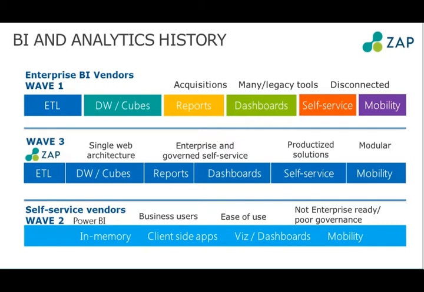And finally, it has to be modular. You don't want to buy all these things at once. You can buy them separately, but you know they're all part of one architecture. They all fit together, and they all actually make a lot of sense for you as a business because the time to value is so much quicker. So I think it's important to think about the fact that, with ERP as an example, SAP and QuickBooks are both ERP solutions, but you wouldn't probably use SAP or QuickBooks for the same business. You've got to think about that for BI vendors as well, as what is appropriate to your business as you start to look at BI as a strategic business asset deployed out into your organization.